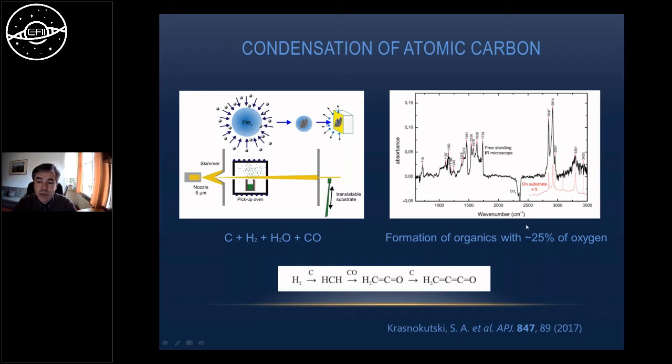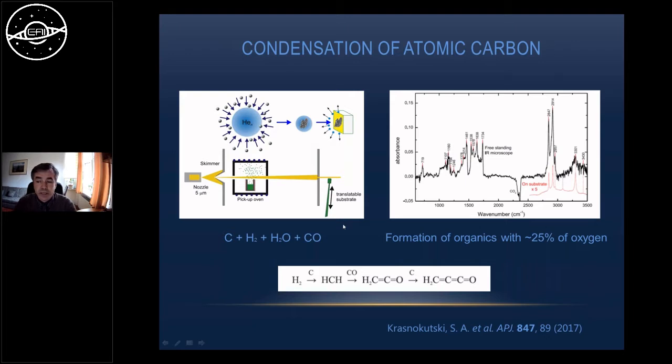which is evidenced by EDX spectroscopy. So this study showed that already at this very low temperature of the helium droplet, which is 0.37 K, carbon atoms react with all these molecules, and these reactions lead to the formation of organics. At that time, we were unable to follow the pathway of the chemical reaction, and we just used a quantum chemical computation to suggest the following pathway of the organic formation.